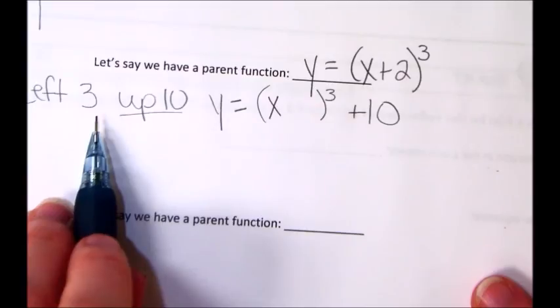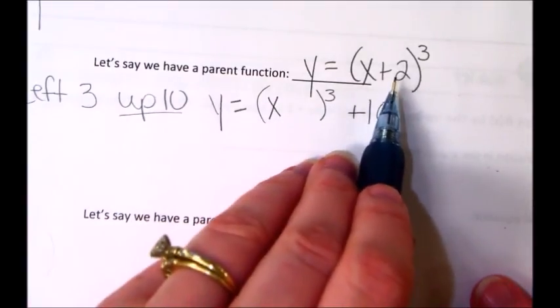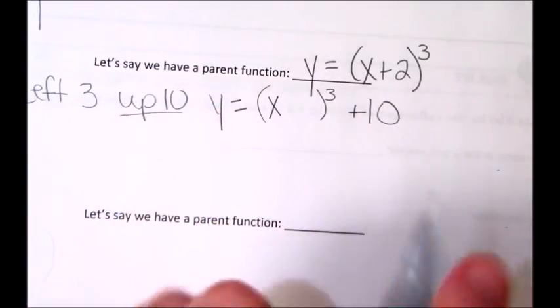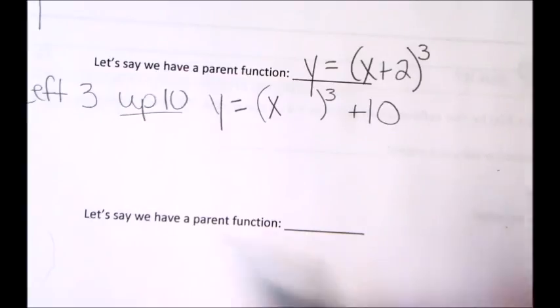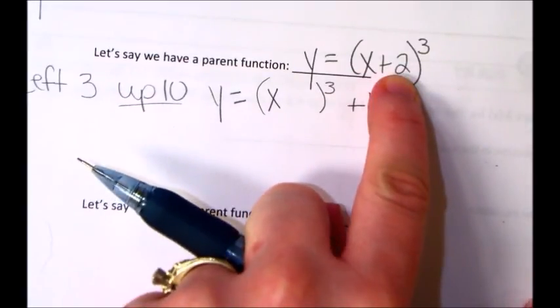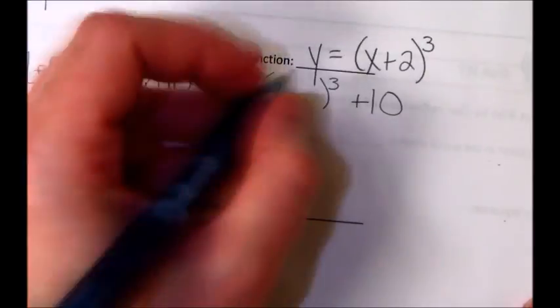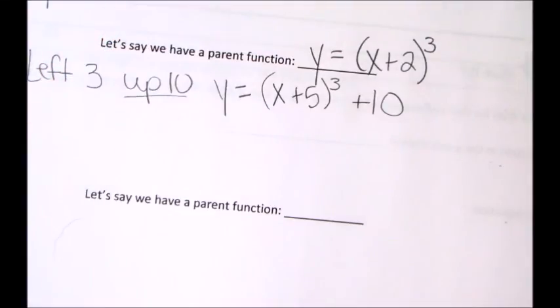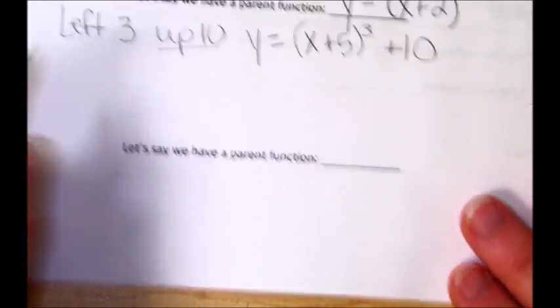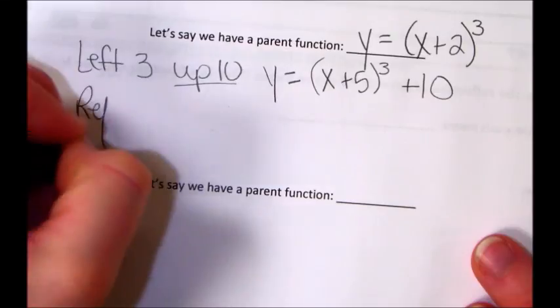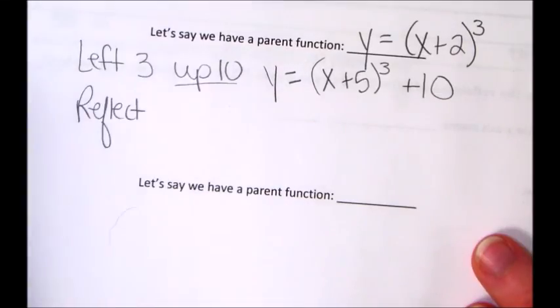To go left 3, I have to take this number. Now remember, left actually means adding, believe it or not. So to go left 3, I have to add 3 to this positive 2. So that would move it left 3 and up 10. Let's practice reflecting it. And let's practice